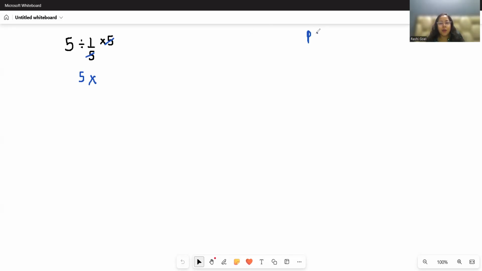I know according to PEMDAS rule, multiplication and division both have same priority, but we have to solve it from left to right. So 5 divided 1 by 5 multiply 5 from left to right. First is division. So there are two different things, that is 5 multiply 1 by 5 and 5 divide 1